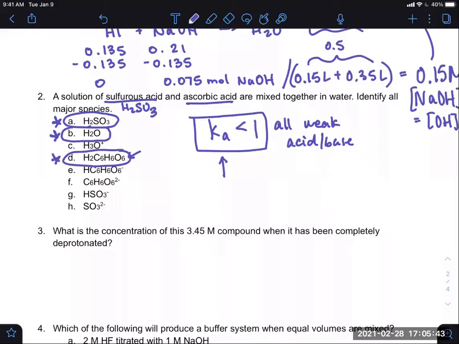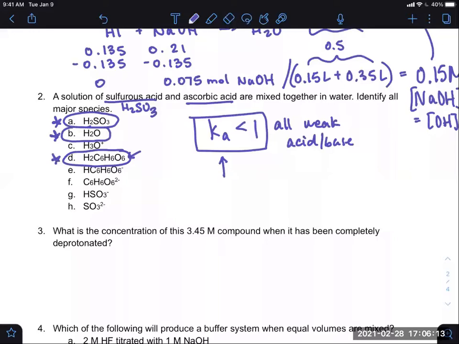Jacob asks, when there is a salt, we include both the cation and anion. In what context do you mean? For major species? Well, yes, okay, I understand your question. Yes, you do include it. And then Megan asks, do we only have to pick the stronger acid when we are